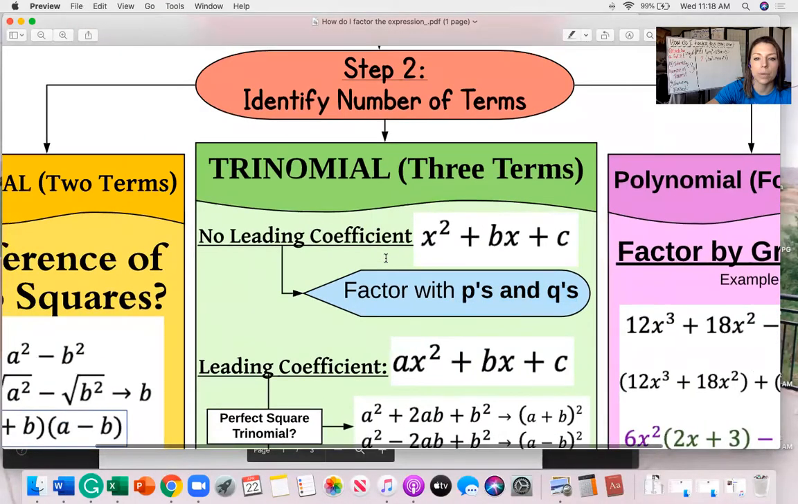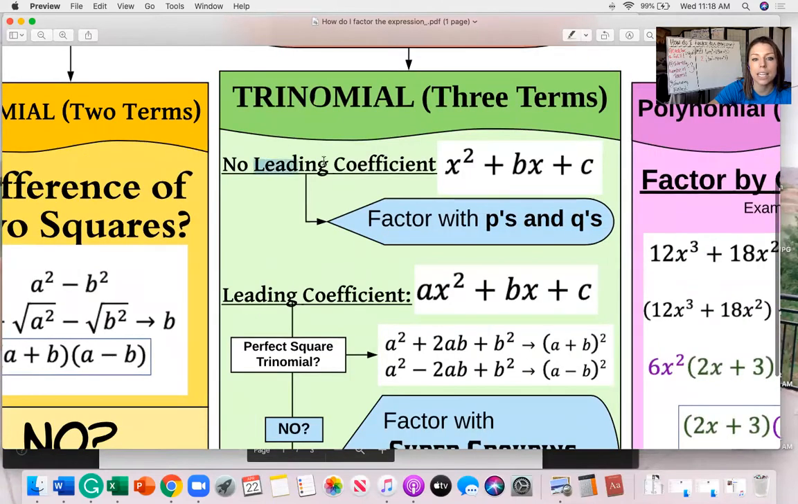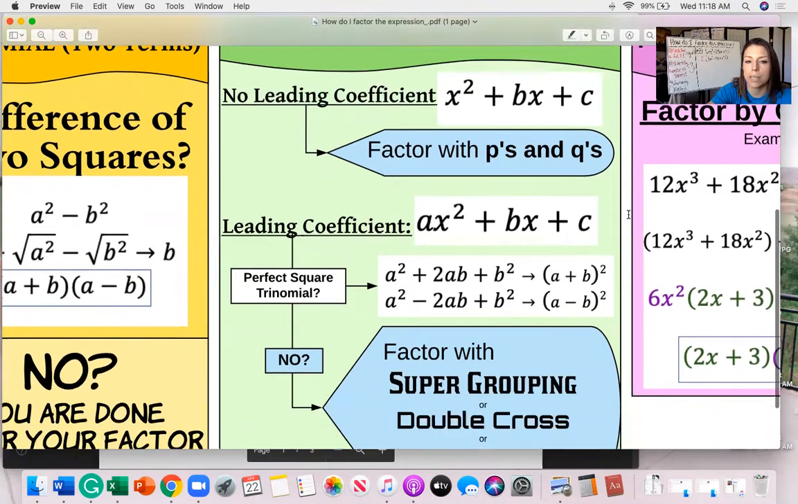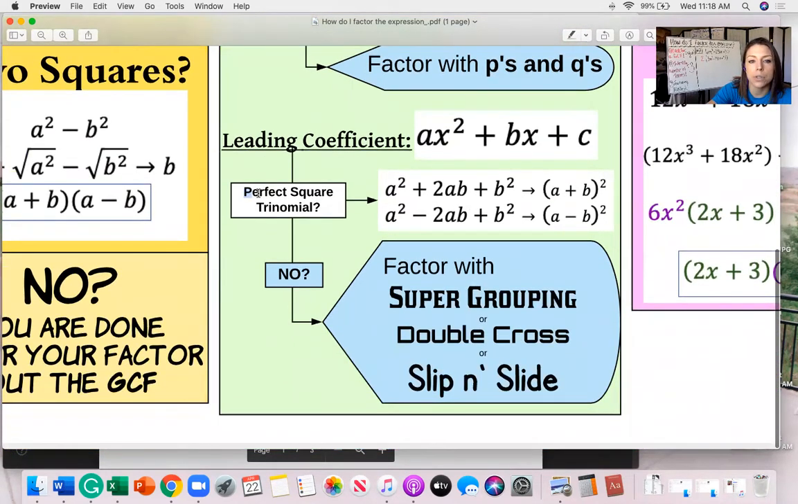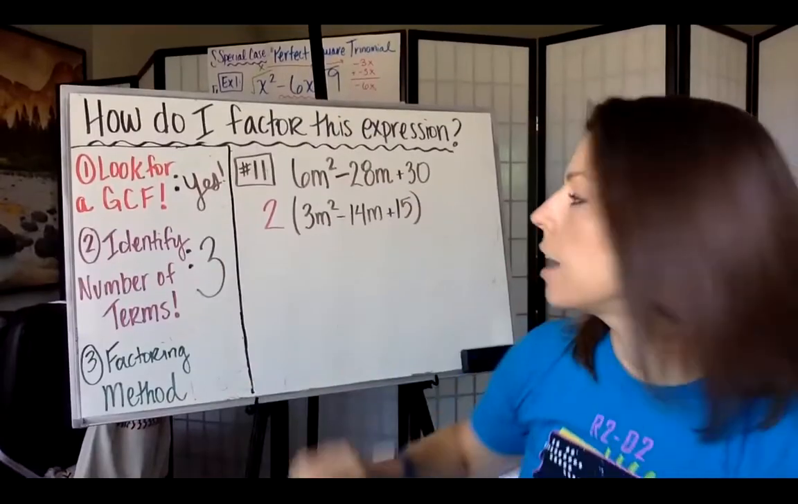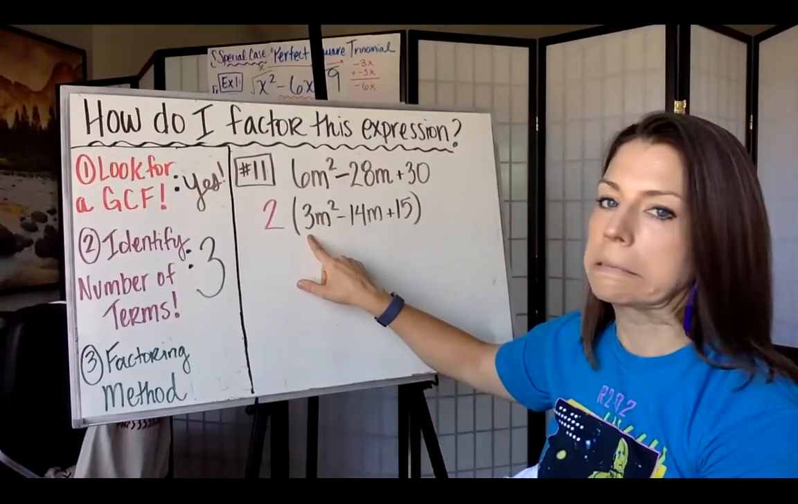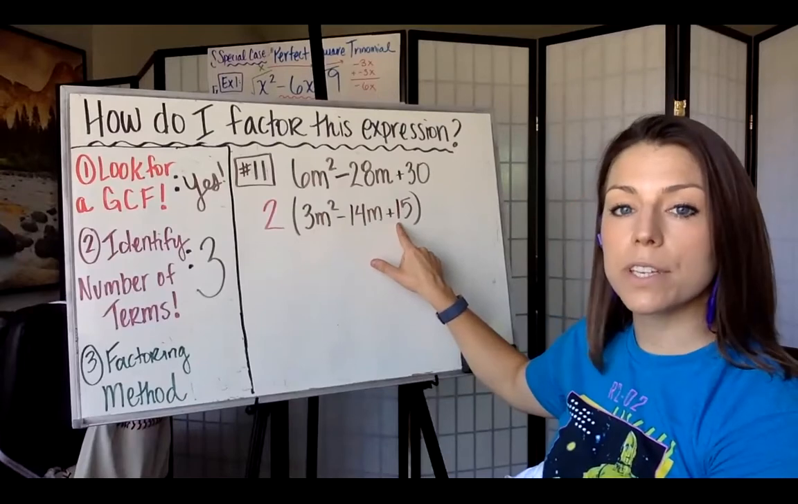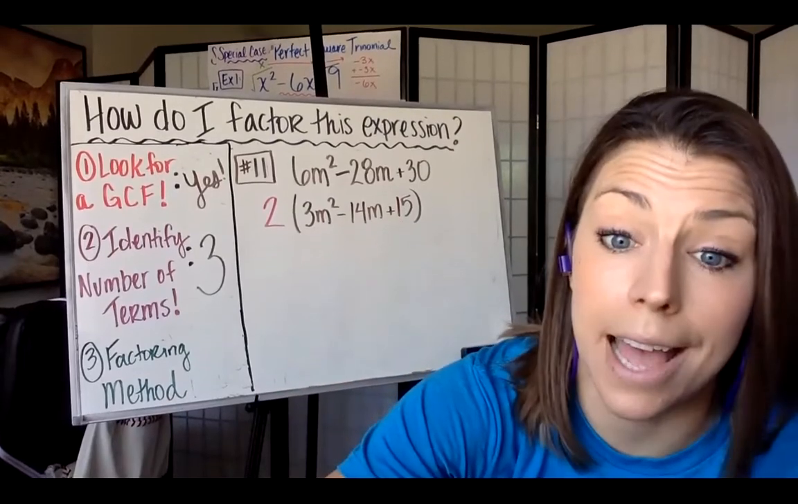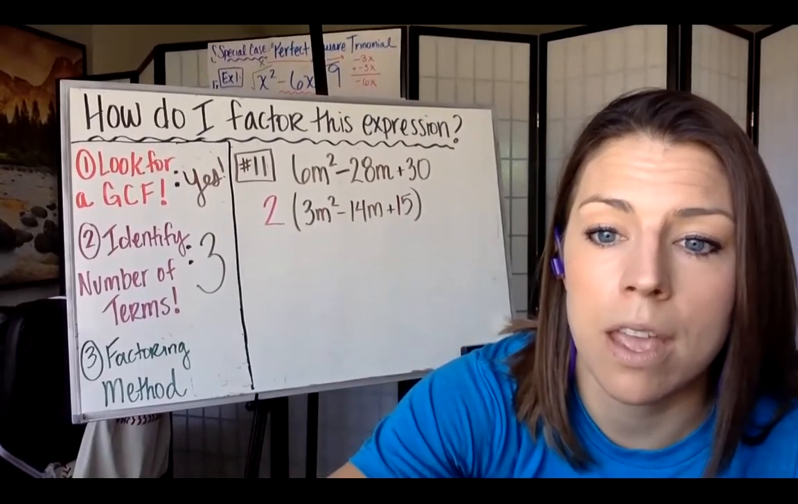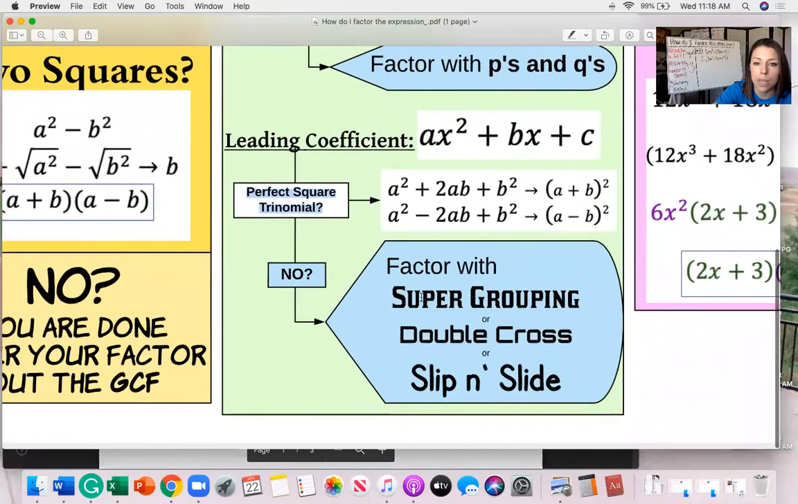So I have 3 terms. It is a trinomial. Is there a leading coefficient? Yeah, 3 is in front of the m squared, which means I can't just use p's and q's. Is it a perfect square trinomial? Let's take a look. Is 3 a perfect square? Nope. Is 15 a perfect square? Nope. So this is not a perfect square trinomial, which means that we have 3 options again: supergrouping, double cross,